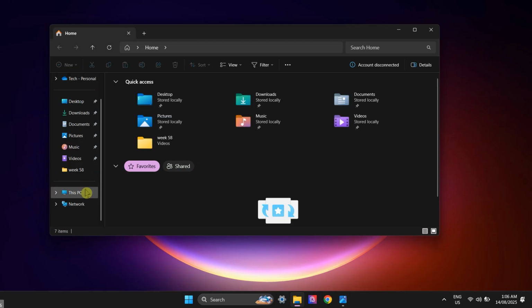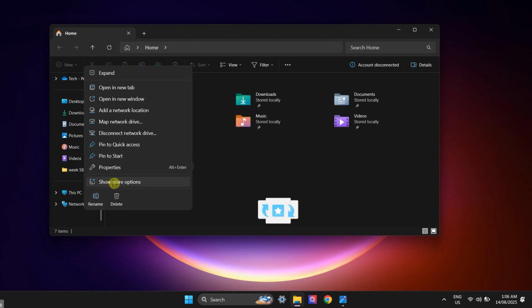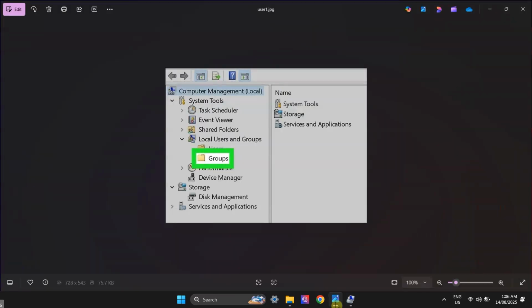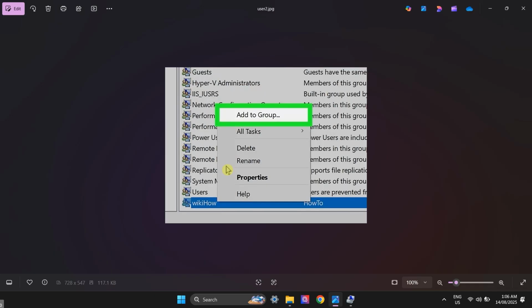on the left side, click Manage, then click More Options or this arrow next to System Tools. Double-click on Local Users and Groups, select the Groups folder, right-click a group in the Groups folder, click Add to Group,